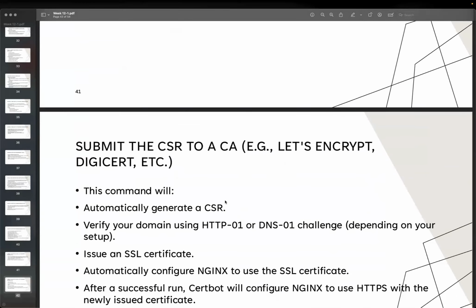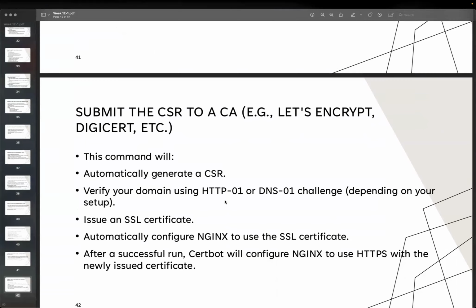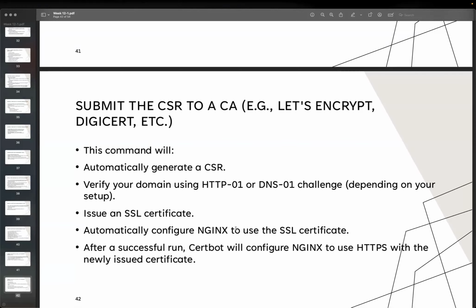And actually it takes pretty quick. If you own the domain and have the configuration, then it will automatically generate a CSR, and it will try to verify using the HTTP-01 or the DNS-01 challenge, depending on the setup. Later it will issue the SSL certificate. This will automatically be saved under /etc/letsencrypt, in a directory with your domain name as a folder, so you can configure it. So if everything goes well, it is successful,